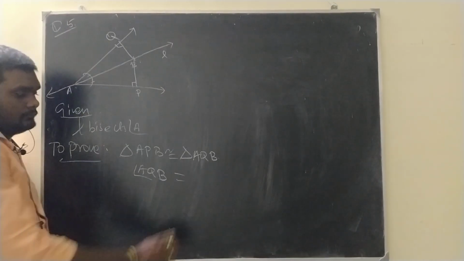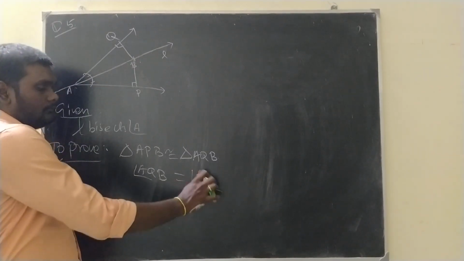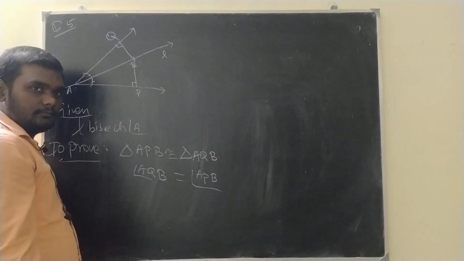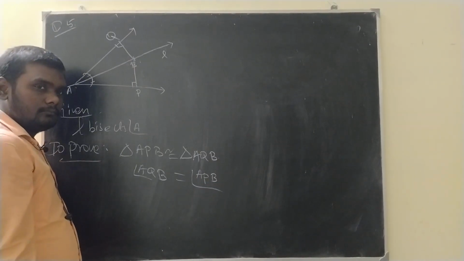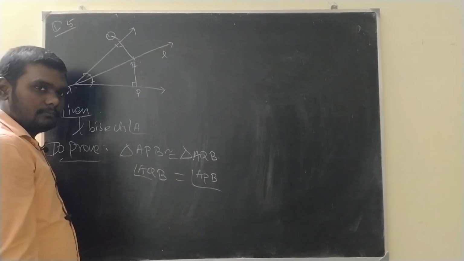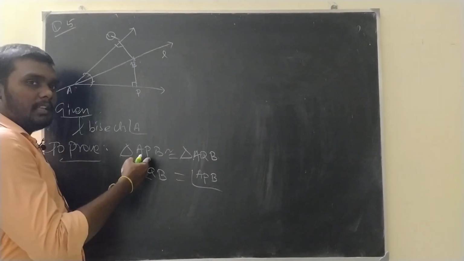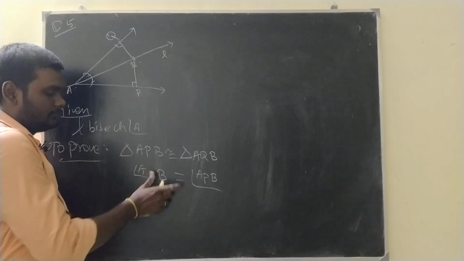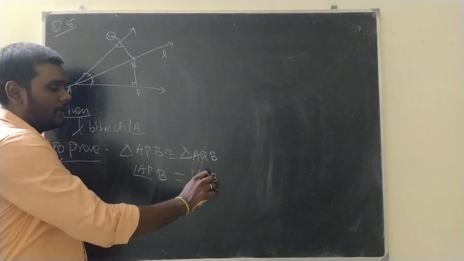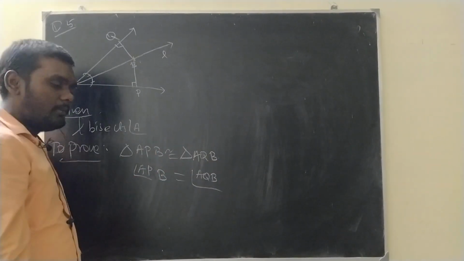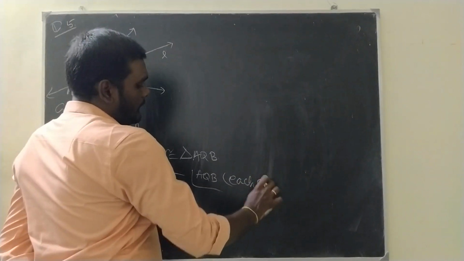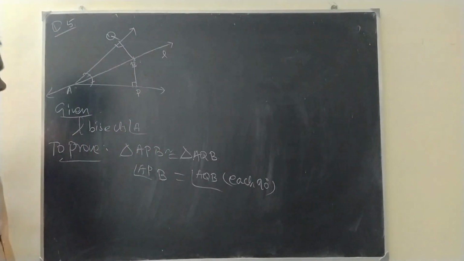Why is this wrong? This is wrong, girl. APB, AQB, the corresponding sides of this triangle can be written. Then only it will be easier to follow. Then here, the reason each is 90 degrees. And then